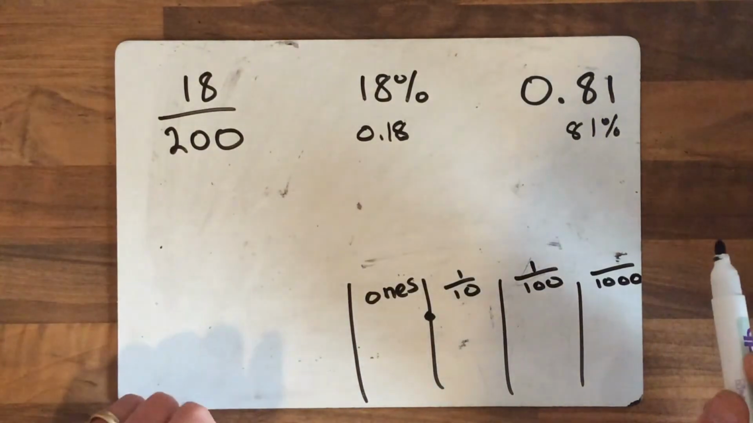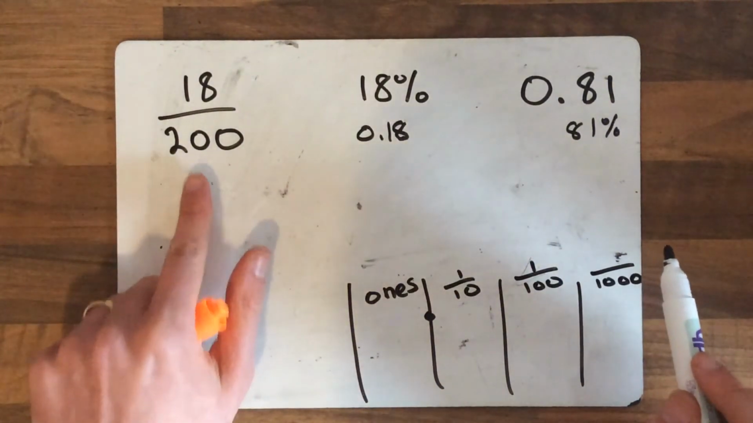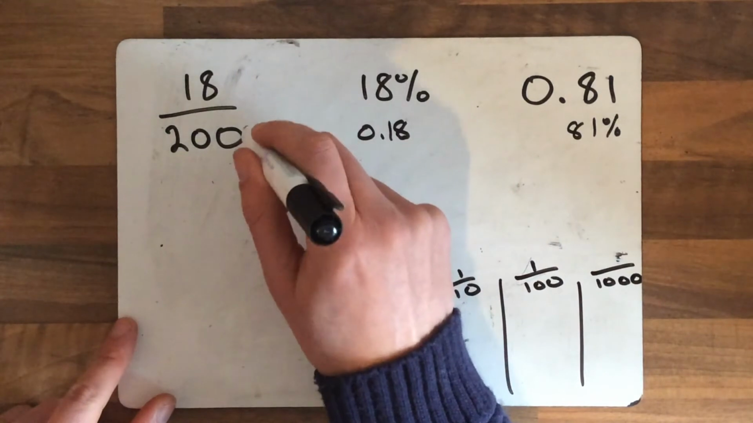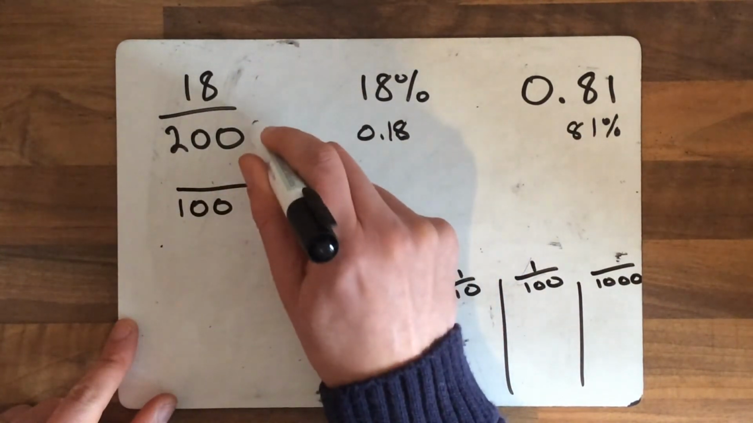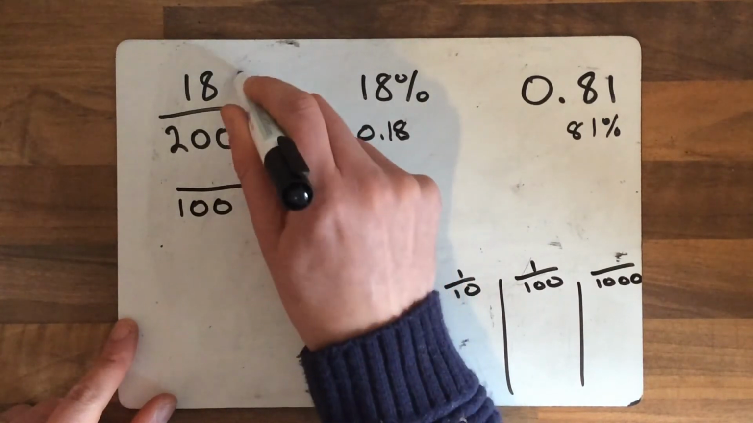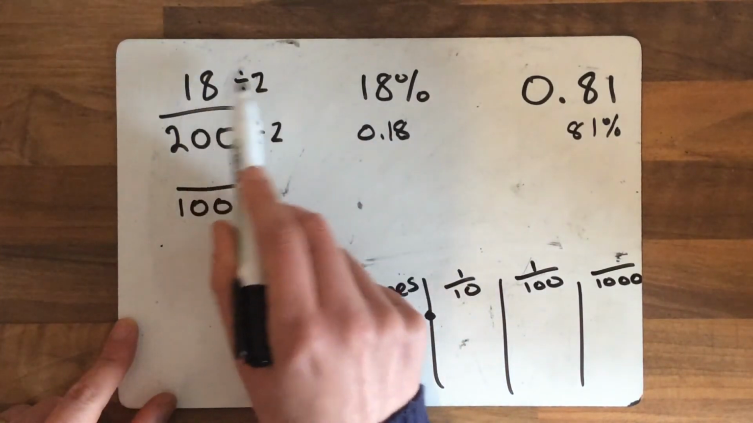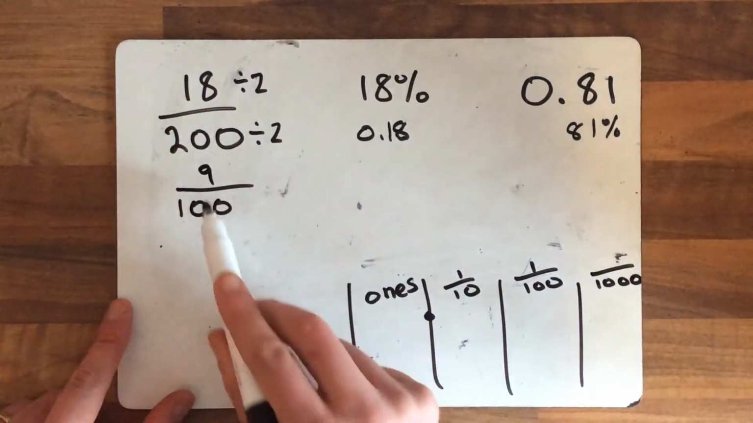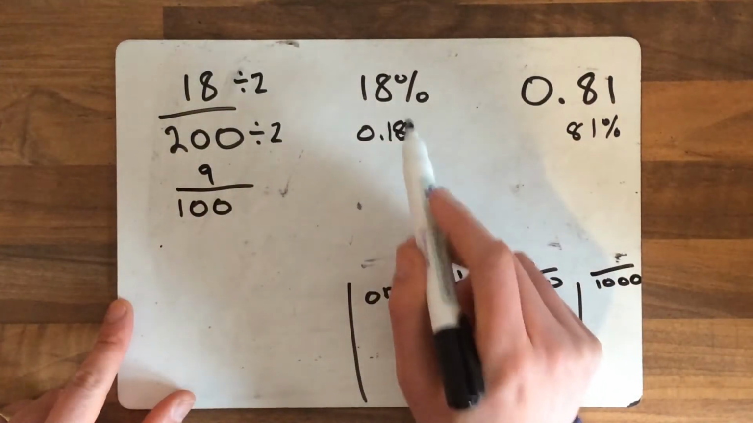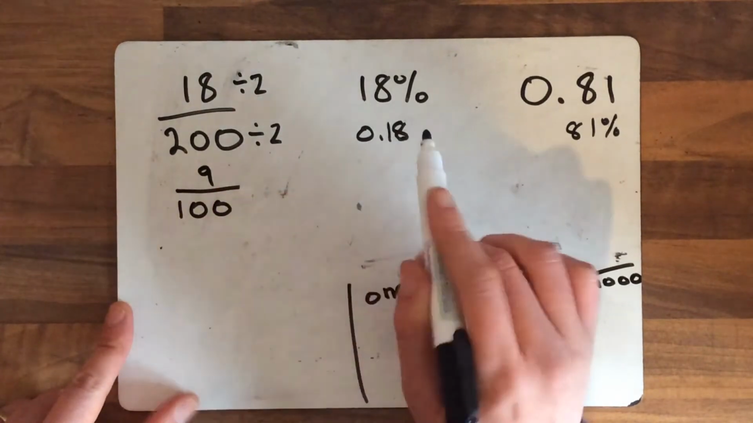0.18. This fraction needs a little bit of work though, because we need to get this 200 into 100. So it needs to be made smaller, it needs to be half, doesn't it? Halving is the same as dividing by 2. 18 divided by 2 is 9. So 9 100ths,